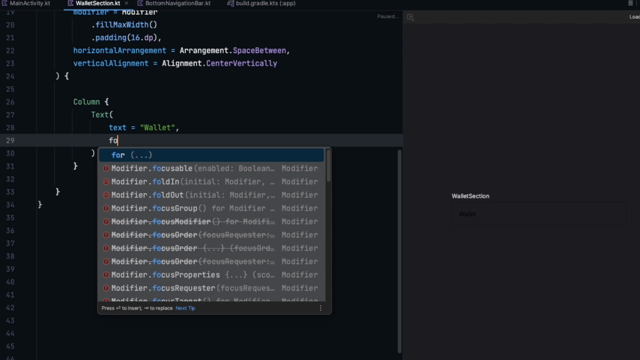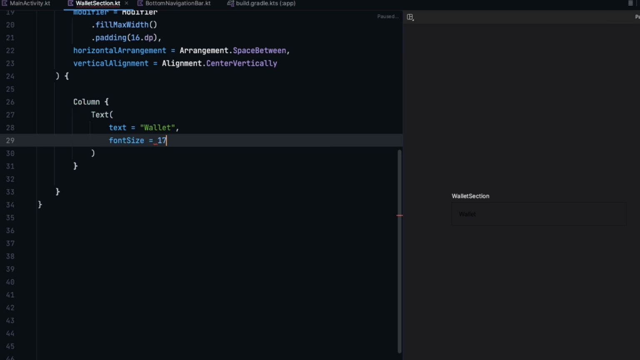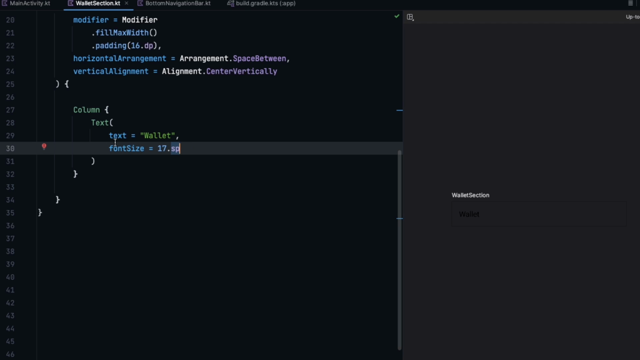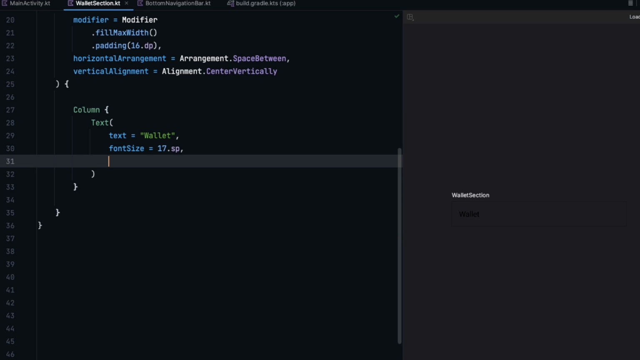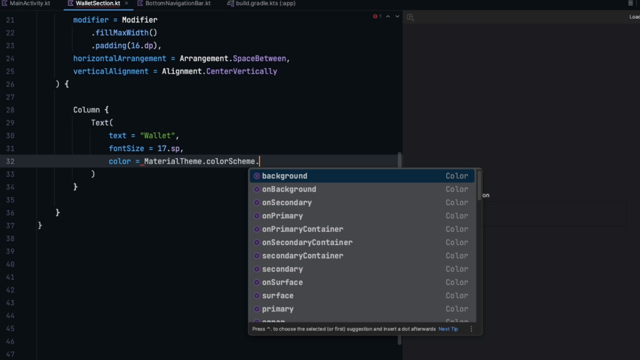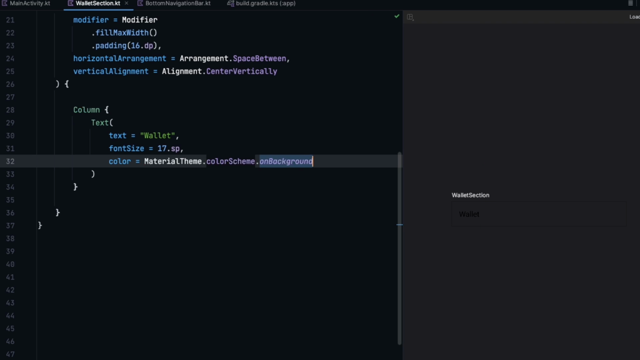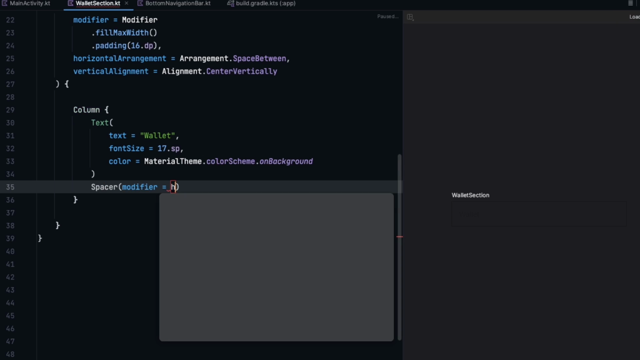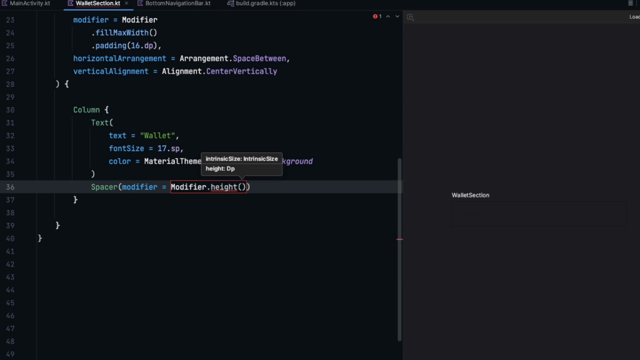So font size, I'm going to change that to be 17.sp. We use sp for text size, and dp for all other element sizes. And then the color of the text is going to be MaterialTheme.colorScheme.onBackground. And then, as I said, I'm going to use a spacer right here that is going to have a height of like 8